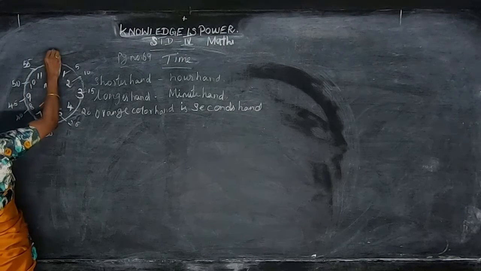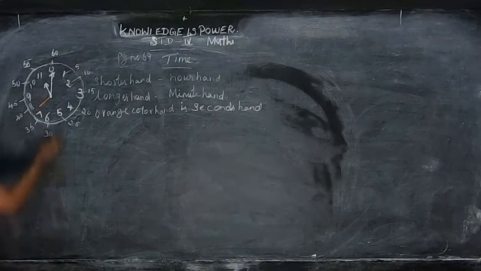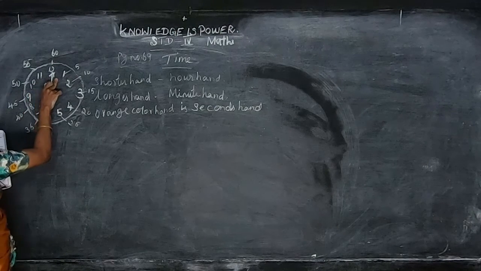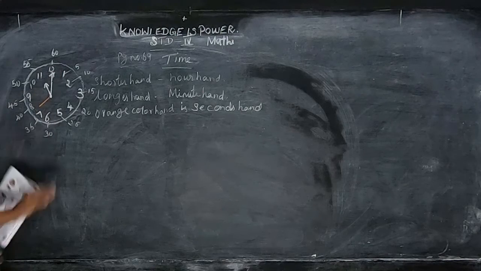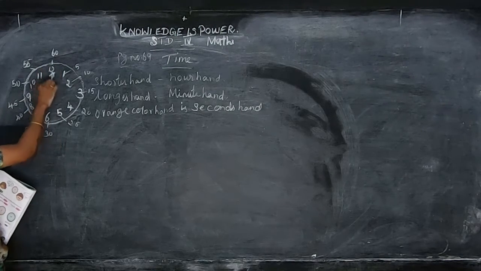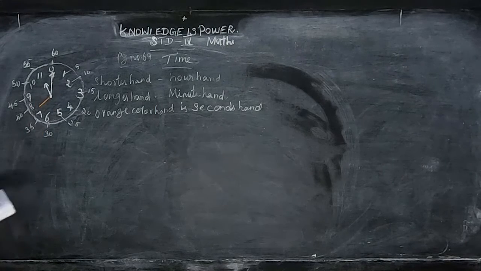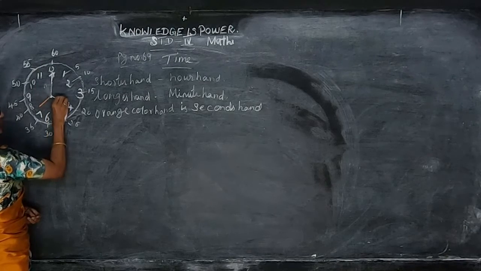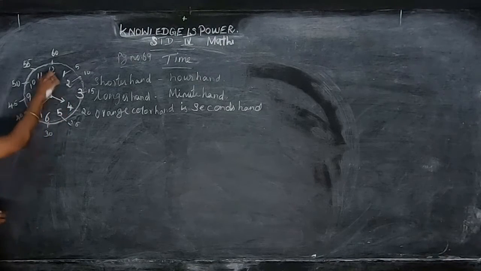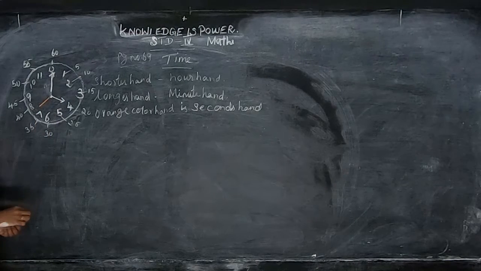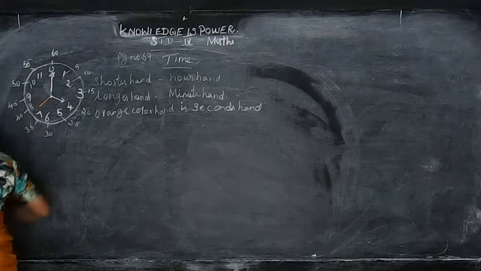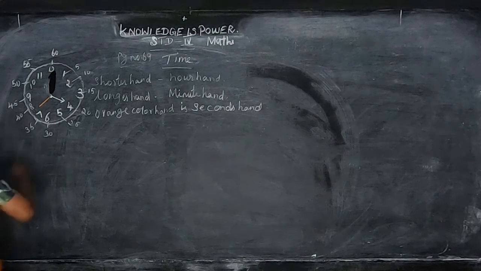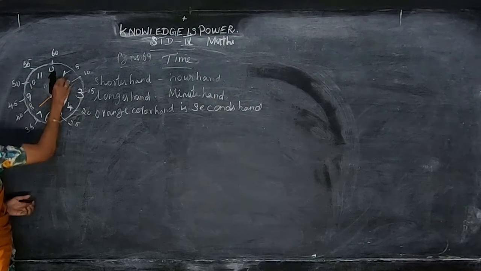And when it is 60, you should not say 60 minutes. You have to say 11 o'clock. The small hand is at 11, the long hand is at the minutes. So 11, 60 minutes you should say. When it comes to the 12, you have to say 11 o'clock, 2 o'clock, 1 o'clock. So suppose the hand is like this. Shorter hand is 4 and the longer hand is 12. You have to say 4 o'clock. Then after that, 4, 5. Sorry.